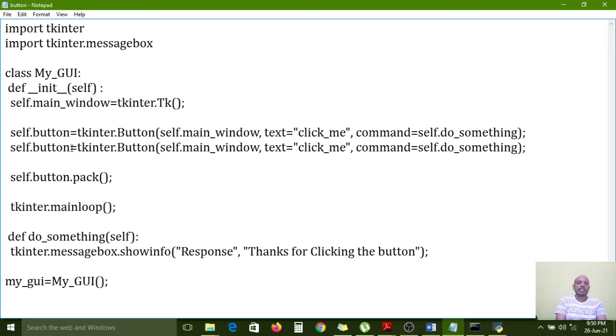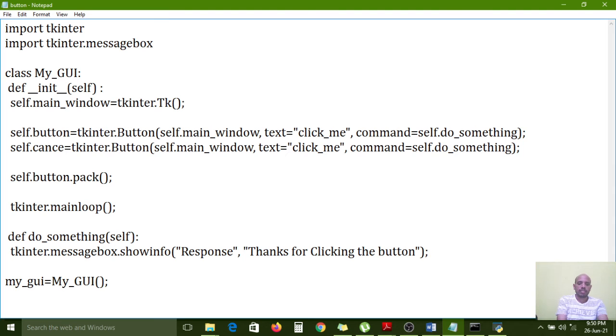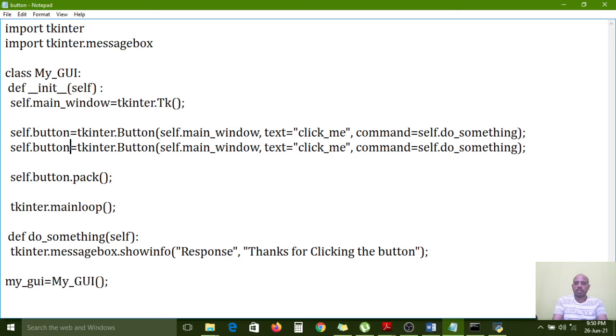Similarly, cancel button: button 1, self.main_window, text cancel, or text quit.